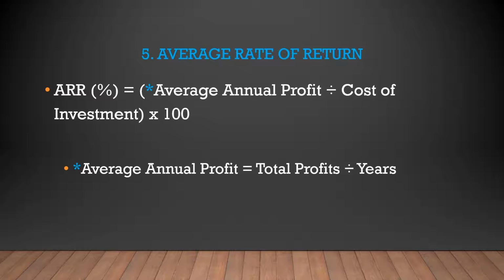Now, if you need to calculate your average annual profit, it's just an average. So it will be the total divided by how many. In this case, it will be the total profits divided by how many years. So if they said the total profits were £10,000 and that's over 10 years, clearly it's £10,000 divided by 10, which is 1,000. Again, with ARR, watch out for decimal points. Is it 1dp? Is it 2dp?